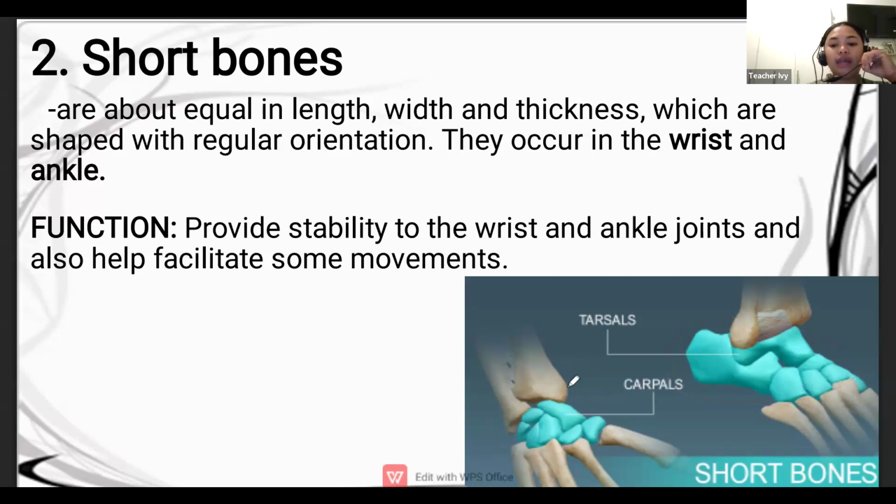Okay, even if they differ in their location, these two have very big similarities in terms of their shape because the tarsals and the carpals always seem to be the same, because they are a type of short bone. As you can see, we have here the attachment of a convex and concave type of bone that is held together in order to facilitate movements. So these two again are a type of short bone, tarsals and carpals. Next one.